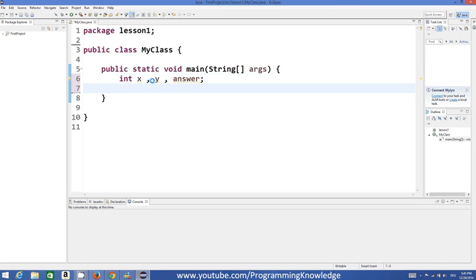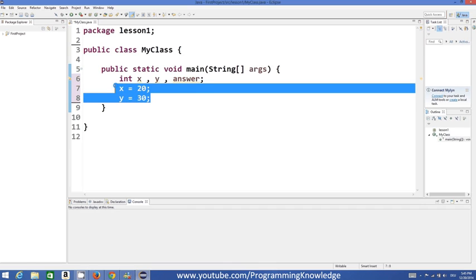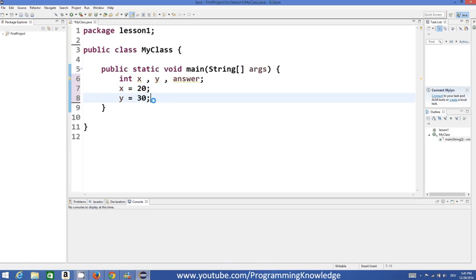And then we will assign x is equal to some value, for example 20, and y is equal to some other value, for example 30, right? And now I want to perform some operations on x and y depending upon what I want.